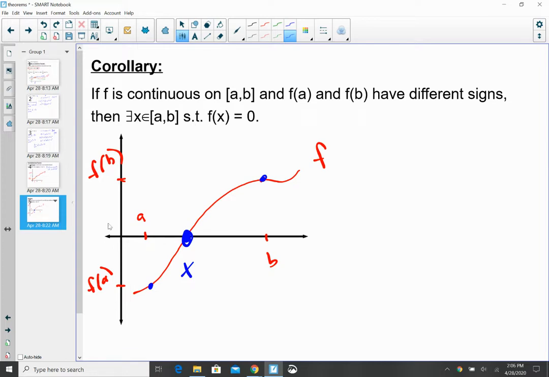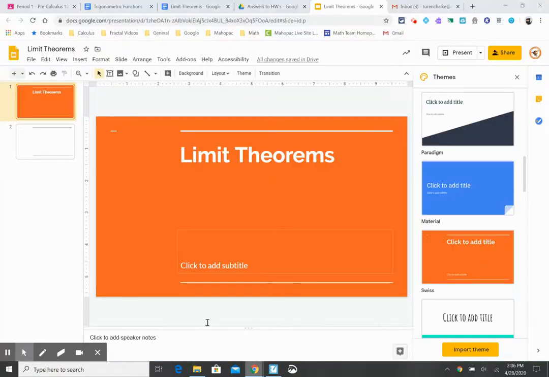Okay. The main homework tonight, there's 3 questions that deal with squeeze theorem. Hopefully you can check